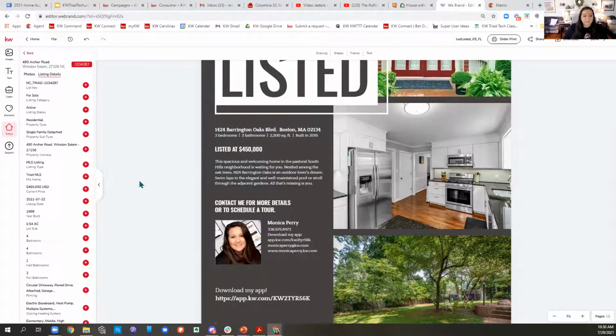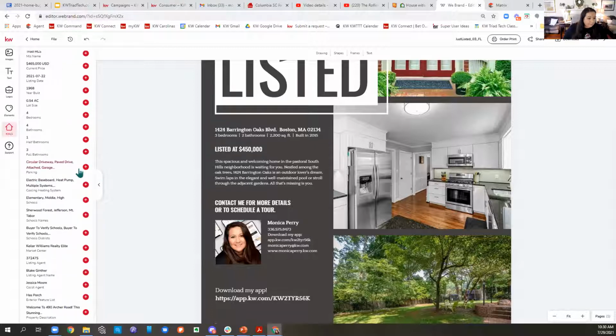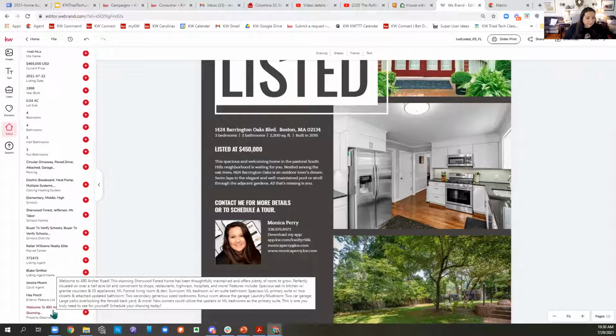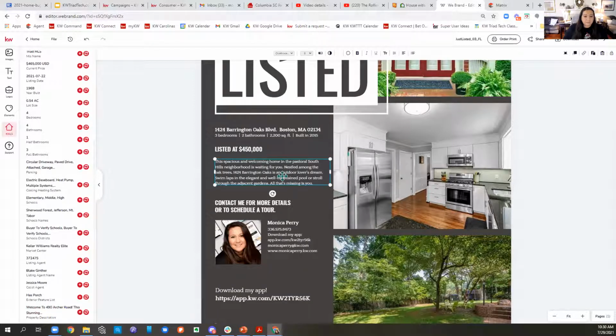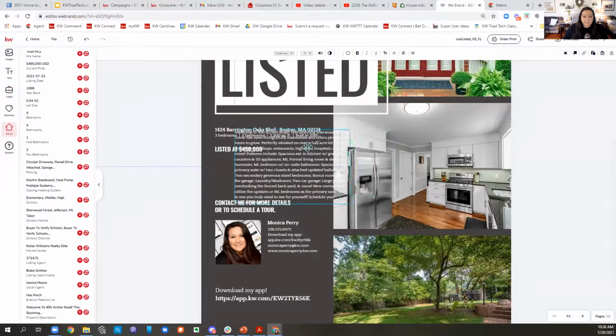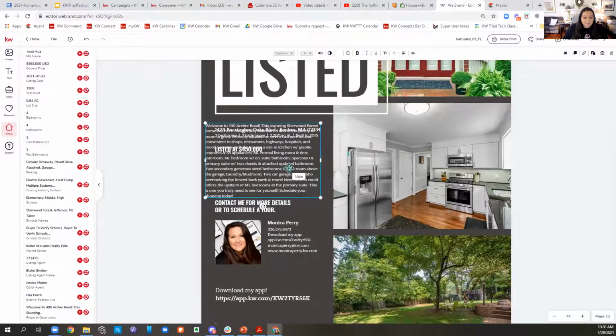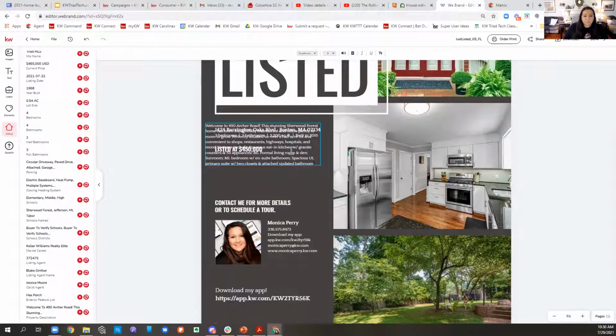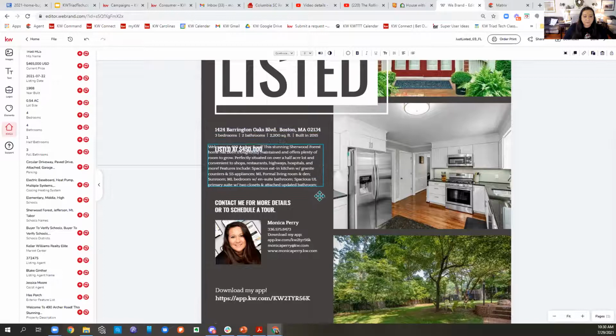Click on listing details, and we're going to look through, there's that property description. I'm going to click this default property description, come over to this one and click replace. It may be too big. That does happen because we get wordy in the MLS. So maybe I just want to here. Then I can just take some of this out and then move this text back down to its spot,